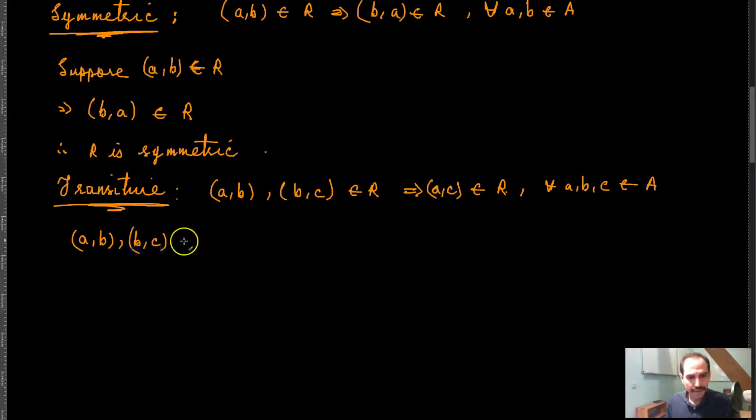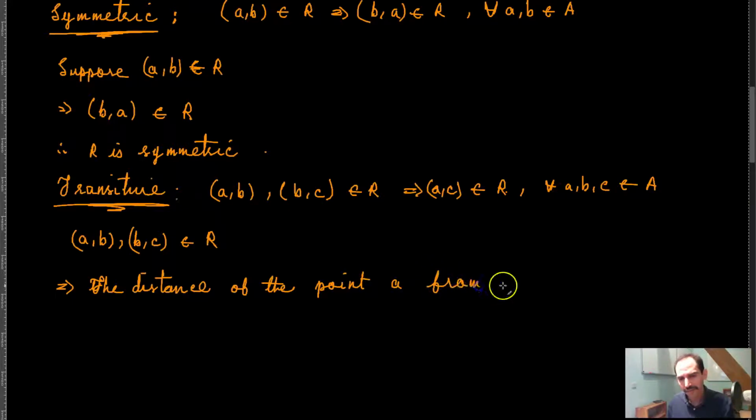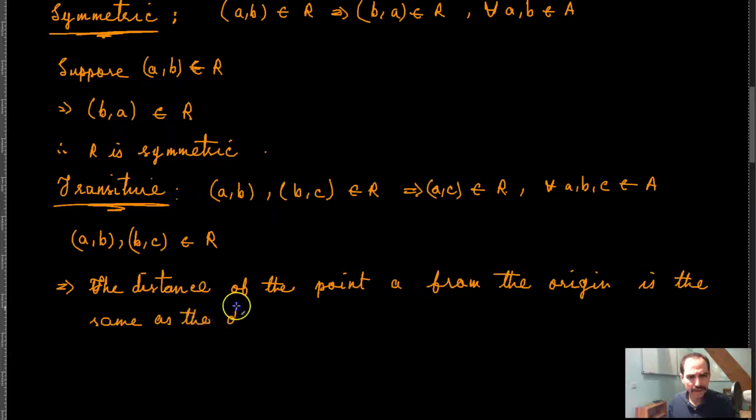meaning that the distance of the point A from the origin is the same as the distance of the point B from the origin, and the distance of the point B from the origin is the same as the distance of the point C from the origin, which means that the distance of the point A from the origin is the same as the distance of the point C from the origin,